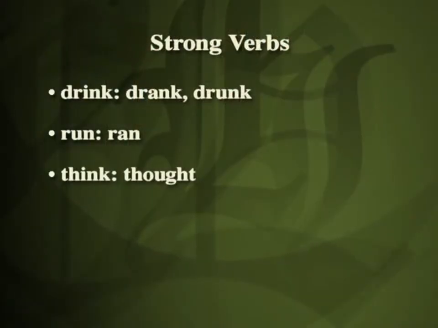Drink, drank, drunk, run, ran, think, thought. These strong verbs came in classes or groups, and Old English is distinctive among the Germanic languages for the number and class organization of its strong verbs. This organization, of course, goes back to an earlier Germanic inheritance, but when you think of verbs in modern English that indicate change in meaning through the change in a root vowel, you are talking about Old English verbs.